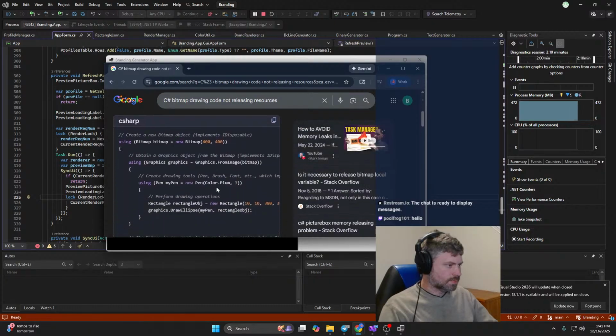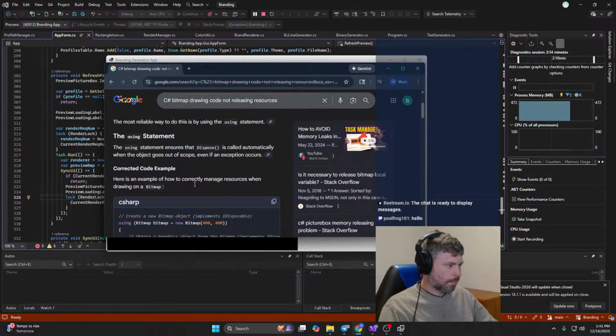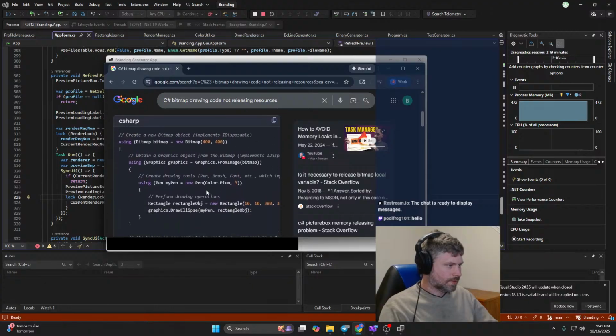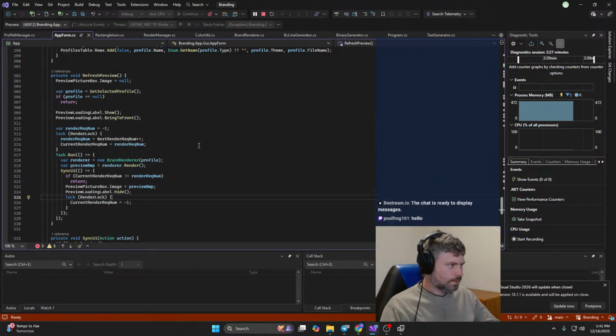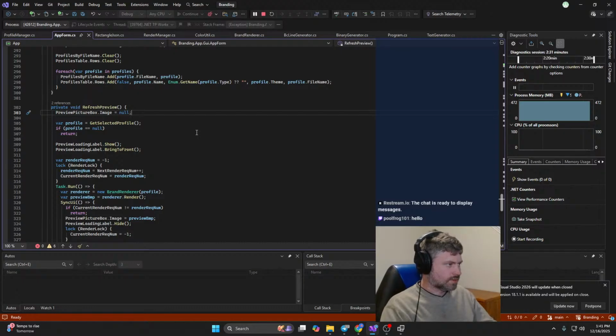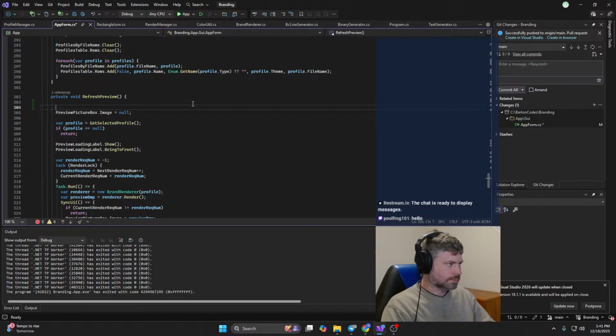do I need to call dispose on the bitmaps? Using bitmap equals this. Oh my god, that's so annoying. So it can't figure out that I don't need a bitmap? Well, maybe then the first thing I need to do here, this actually might solve the whole chunk of the problem. Let's say